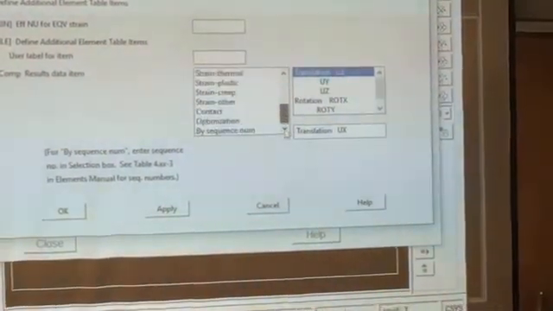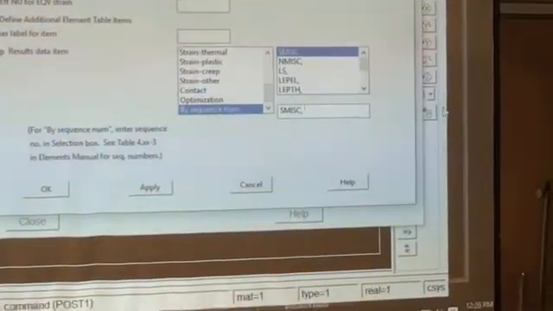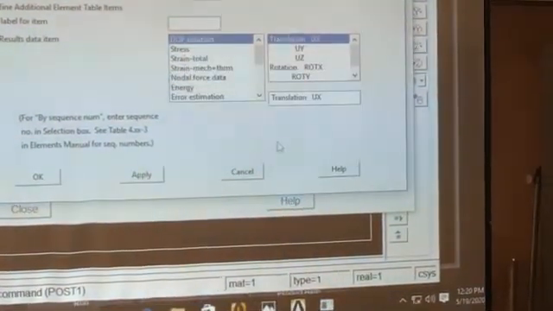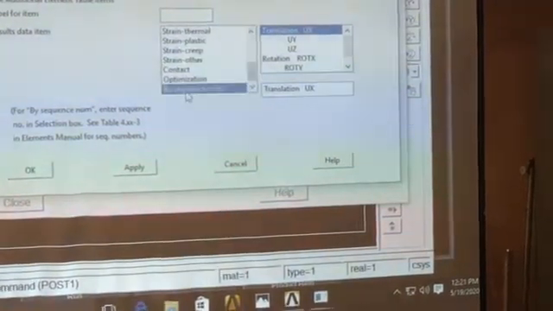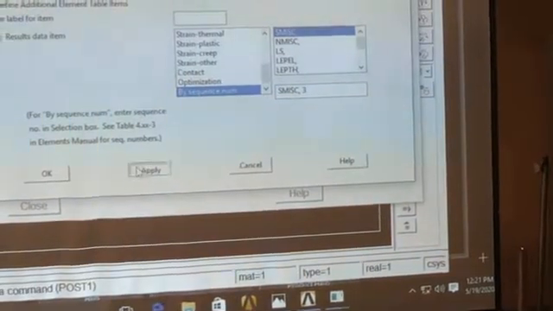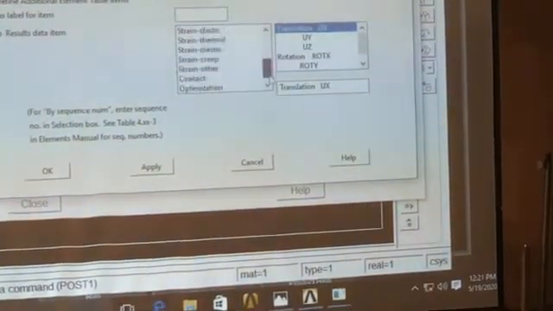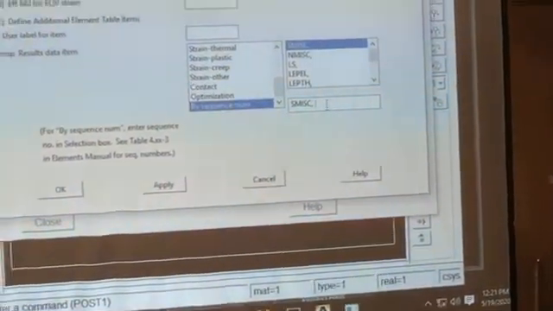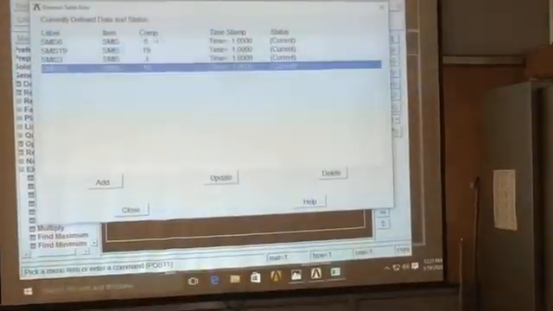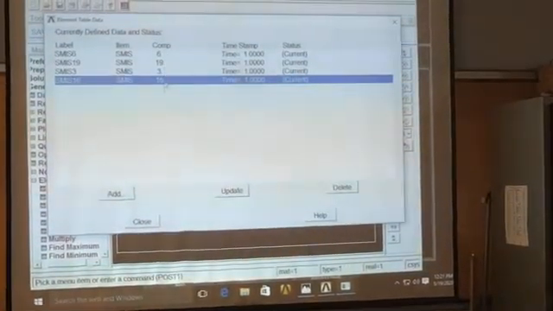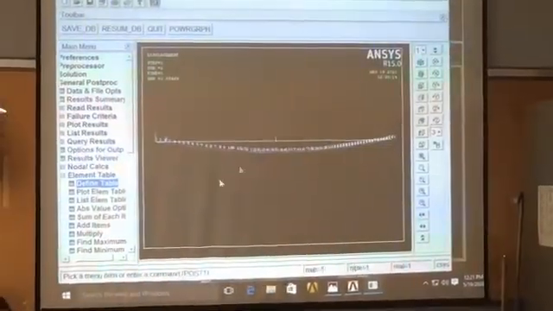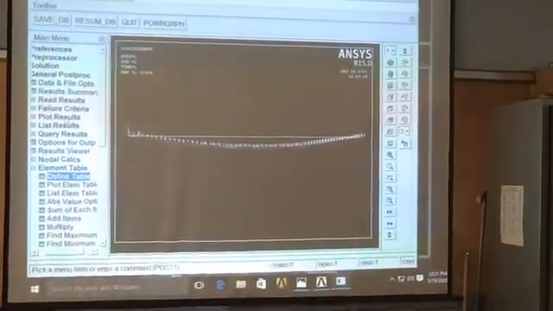Then by sequence number SMISC 19, then by sequence number SMISC 3, then the last one by sequence number SMISC 16. Okay. So the list of codes are as follows: 6, 19, 3, 16 to get the shear force and bending moment diagram.